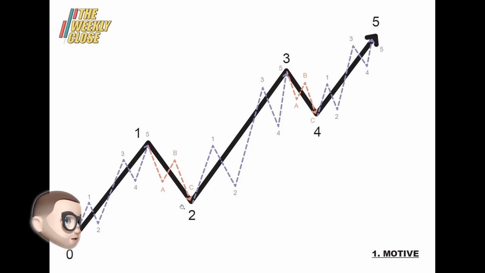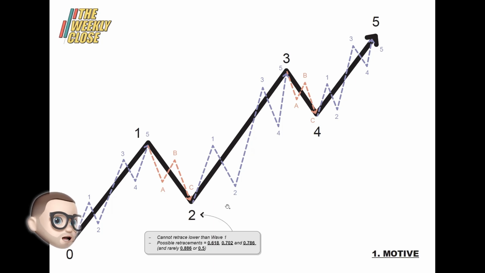Now, while we have these basic principles of 5 to the upside, 3 to correct, and the fractal and repeating nature from higher time frames to lower time frames, there are some basic premises and rules to quantify a legitimate count, because we're not saying that everything fits into an Elliott wave notation. The first of those rules is that a wave 2 cannot retrace lower than the start of wave 1. And we'll look at some live examples using the Fibonacci retracement and extensions tool as to how deep these pull